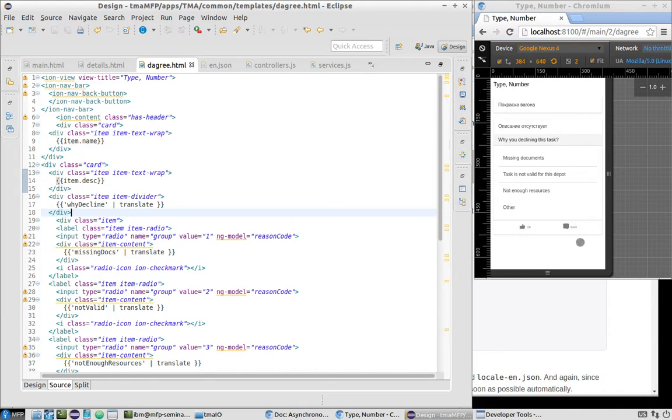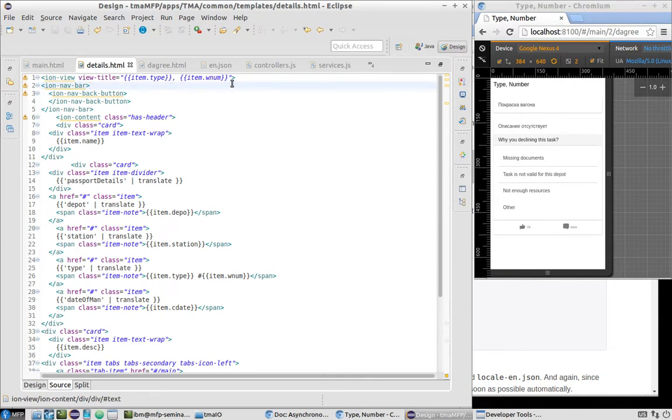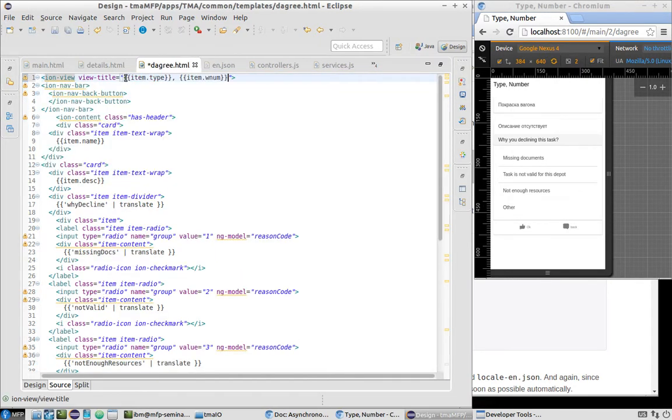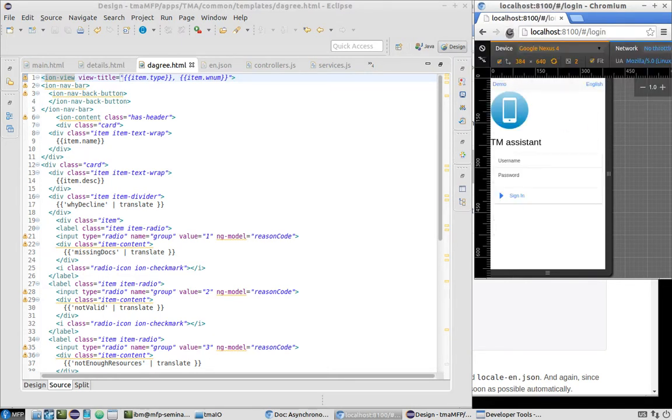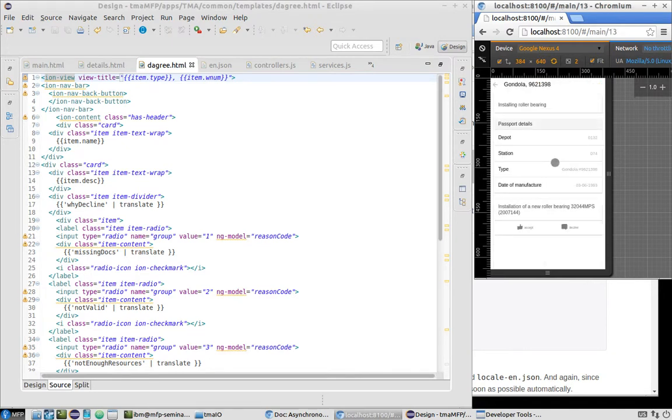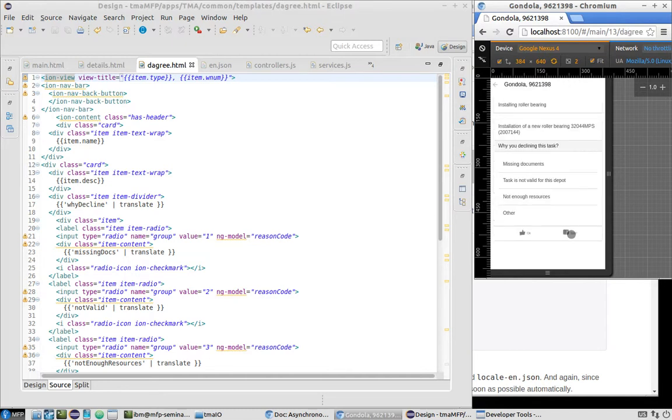Yep, right now it's in Russian, and we also need to change the same on top. I will just reuse it from details page. I'm in the title. Just like this. Yeah, so let's go to our main page, login and check how this works together. So English language, we are going to demo. We are seeing the items, for example, installing roller bearing. We are seeing detail for this, and we can actually decline this task and see again those details,